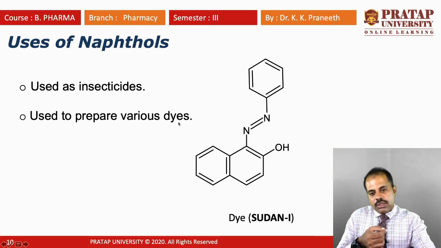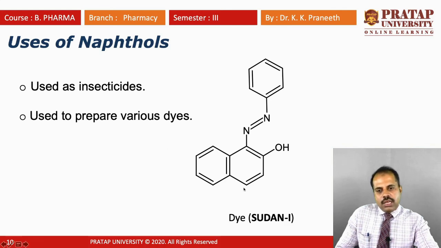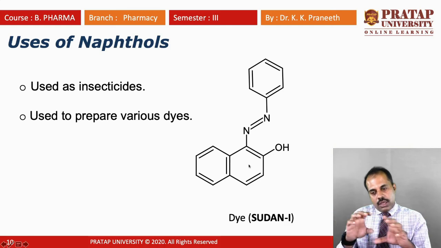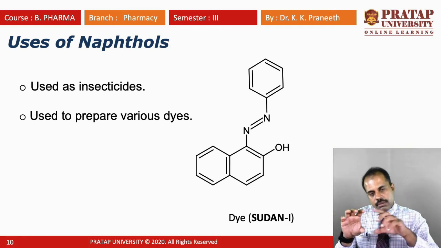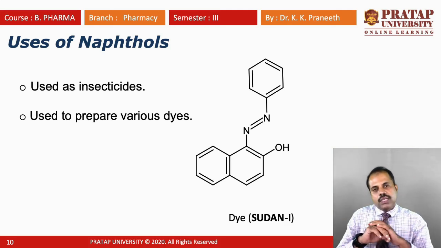This is very important. These dyes are used to paint, right? For example, in fabrics, in pouches. We need the dyes to get the desired color in any material. For this, naphthols are used because naphthol is colored, as it is having many aromatic rings. If we increase the aromatic rings, you will get more color because it will absorb the light in the visible region, right?